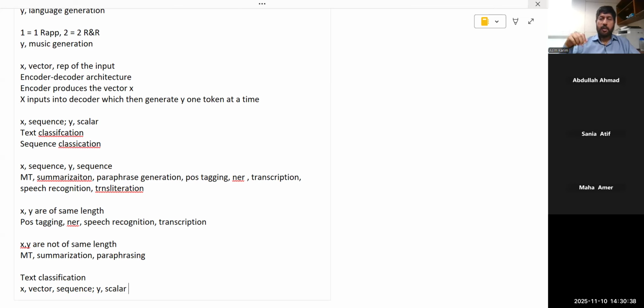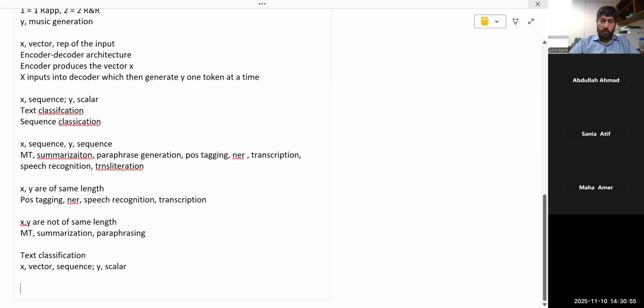और कोई आपकी एप्लीकेशन जिसमें पूरा वेक्टर ही आपका रेलेवेंट है, वो भी आप इस तरह जनरेट कर सकते हैं। आई कांट थिंक ऑफ एन एप्लीकेशन राइट नाउ, मे बी यू वांट टू गेट एन रिप्रेजेंटेशन फॉर समथिंग विच इज अ कंप्लीट वेक्टर। ठीक है, इनपुट आपके पास सीक्वेंस है, आउटपुट Y इज ए रिप्रेजेंटेशन, सो आई थिंक दैट इज पॉसिबल। तो लेट्स से X आपके पास एक सीक्वेंस है, लेट्स से ईजी ए सेंटेंस, और Y is a vector which is a representation of the sentence. ठीक है। So in this case, X is a sequence, Y is a vector. ऑफ कोर्स ये एनकोडर ट्रांसफॉर्मर जो हमने मास्क्ड लैंग्वेज मॉडल बेस्ड ट्रांसफॉर्मर डिस्कस किया था, वो ये दे देगा आपको। ठीक है।